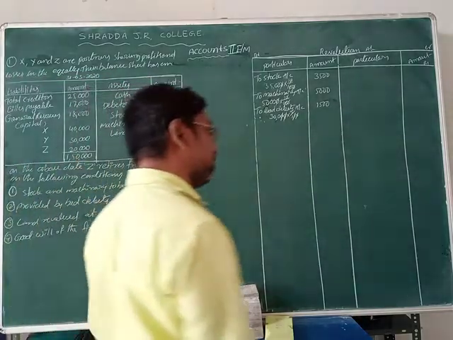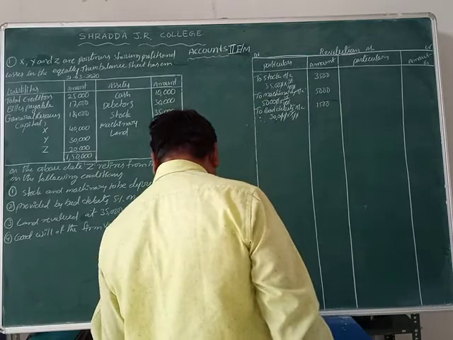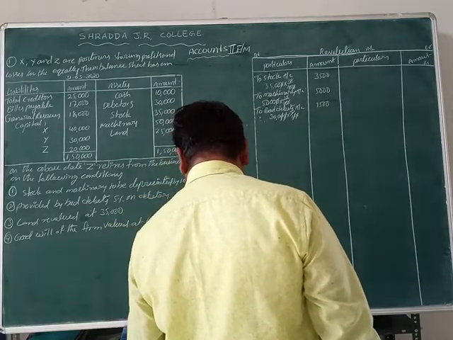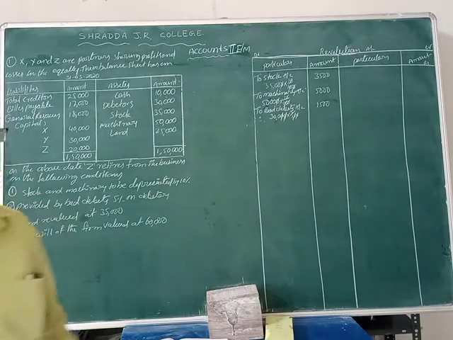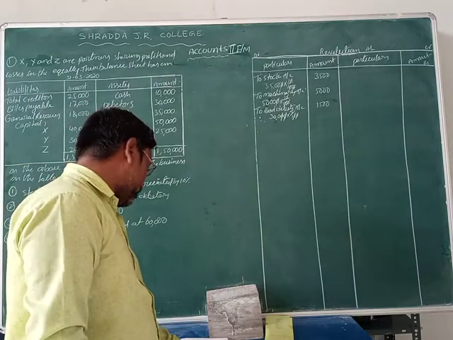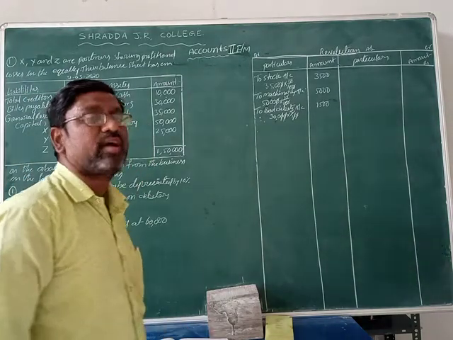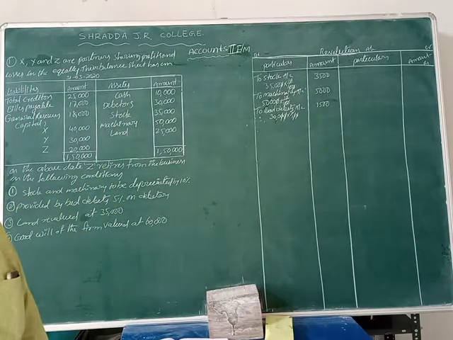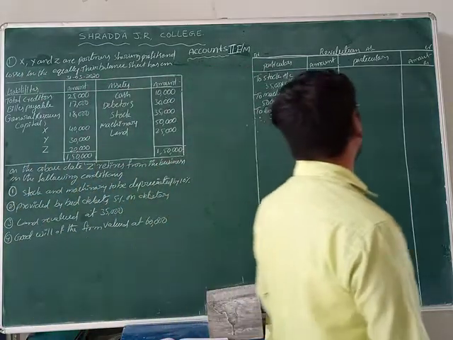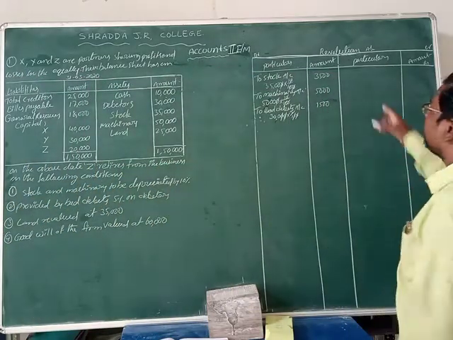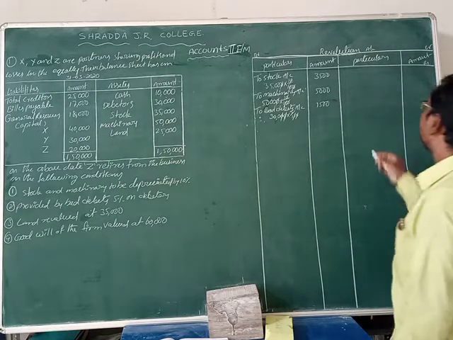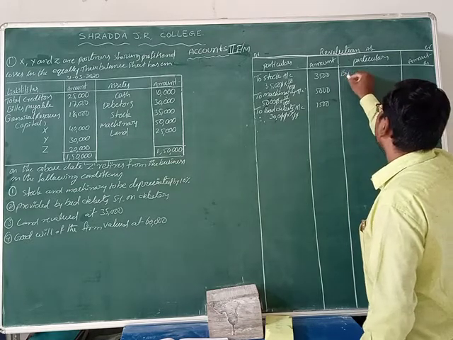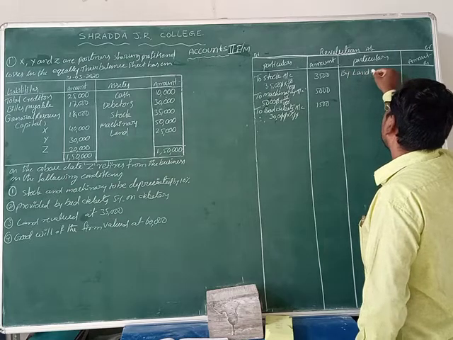Now next one is what, students? It is land revalued to 35,000 rupees. What is the land value in the old value? 25,000 rupees. So now the present value is showing 35,000. How much value is increasing here? 10,000 rupees is the increase of the land value. So increasing assets, increasing values, we can record it on which side, students? It is on the credit side.